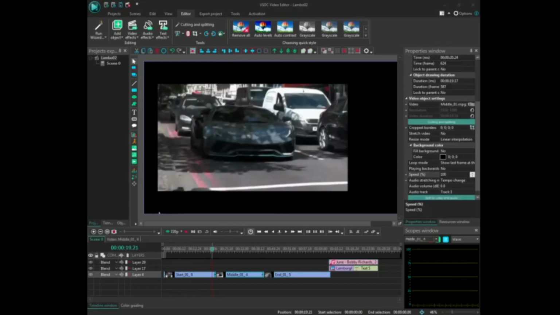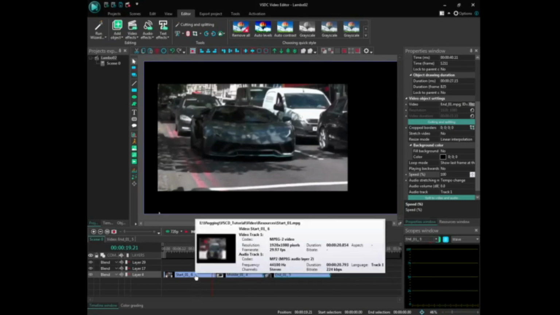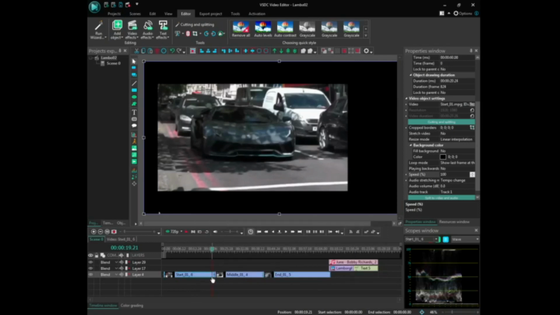Firstly, I'll show you how to add a transition to the clips in your project. Transitions essentially are special effects that we can add to the start or the end of a clip in our project, and it just makes the movement from playing the end of one clip to the start of the new clip a bit more interesting. So in order to add a transition, first we have to ensure that we have selected the object that we want to add the effect to. So I'm gonna do a single left mouse click on this first object,